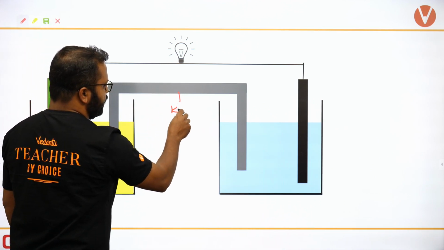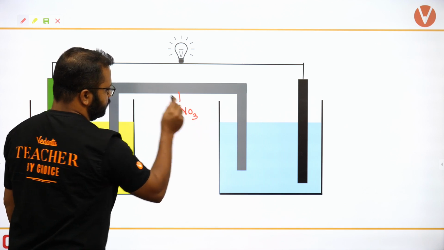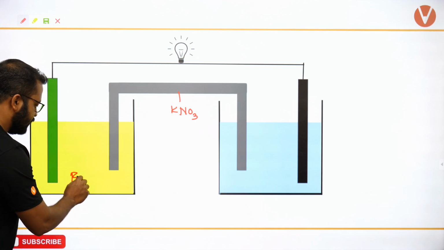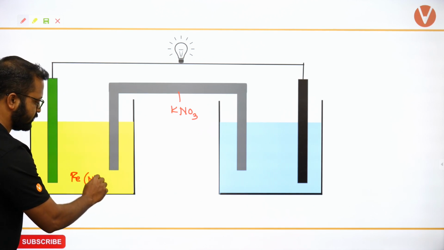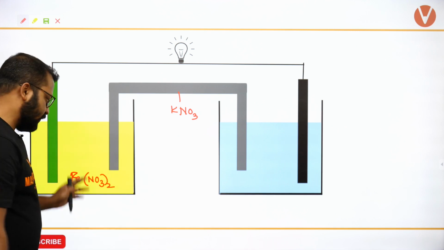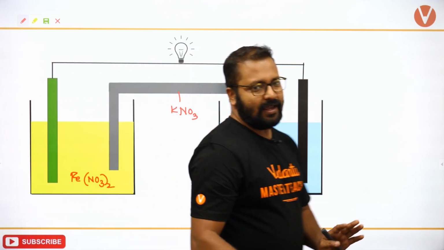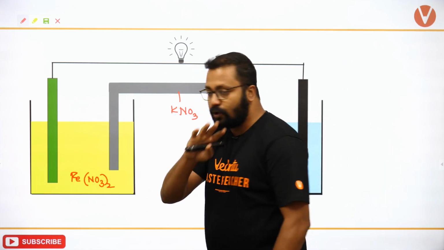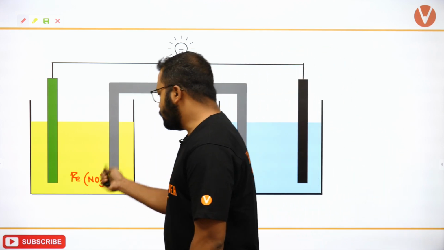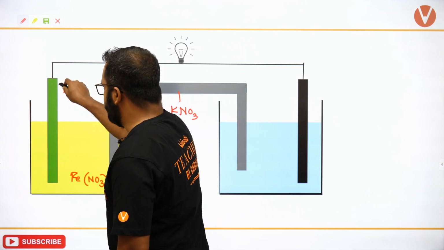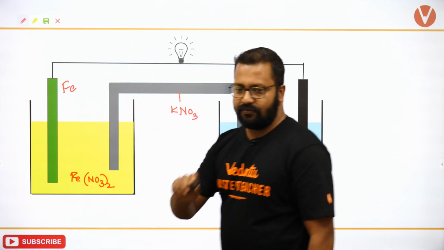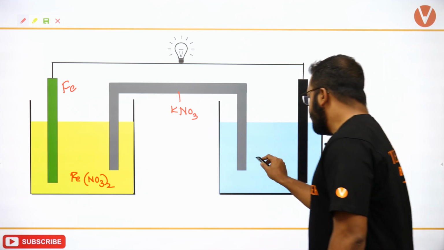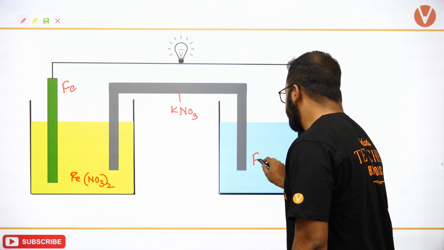Salt bridge में हम क्या ले लेते हैं? Let's say we take KNO3. Okay, this is salt bridge. I'll take KNO3. I will take Fe(NO3)2. I can also take FeCl2. I can also take FeSO4. कोई फर्क नहीं पड़ता. Anion के nature पे कुछ फर्क नहीं पड़ रहा है. Fe(NO3)2. This is Fe. This will be platinum, and in the solution I will take